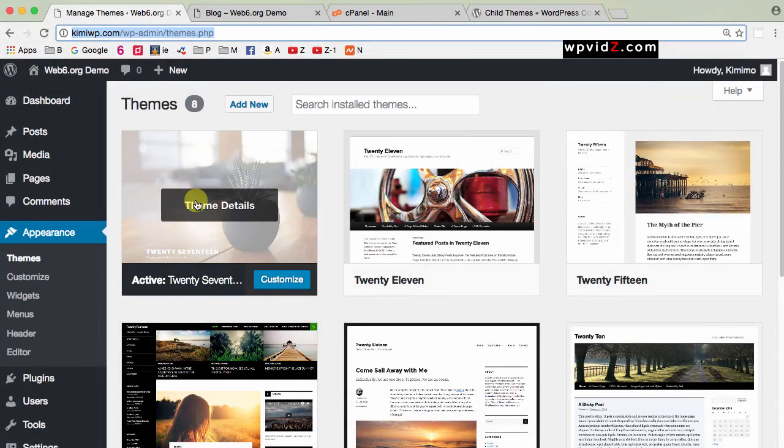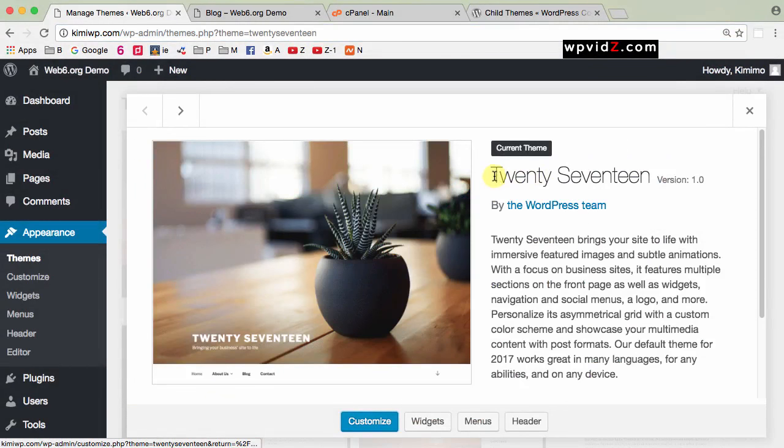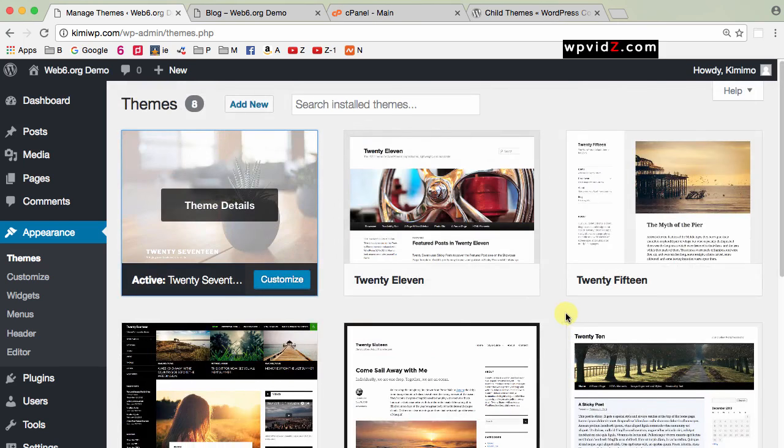So if we click on theme details, we see the name of our 2017 parent theme, or current theme, that we are using. So let me close this first. Now that we want to edit some other files other than the style sheet, we want to create the child theme. I've personally tried many methods, with plugins and manually,